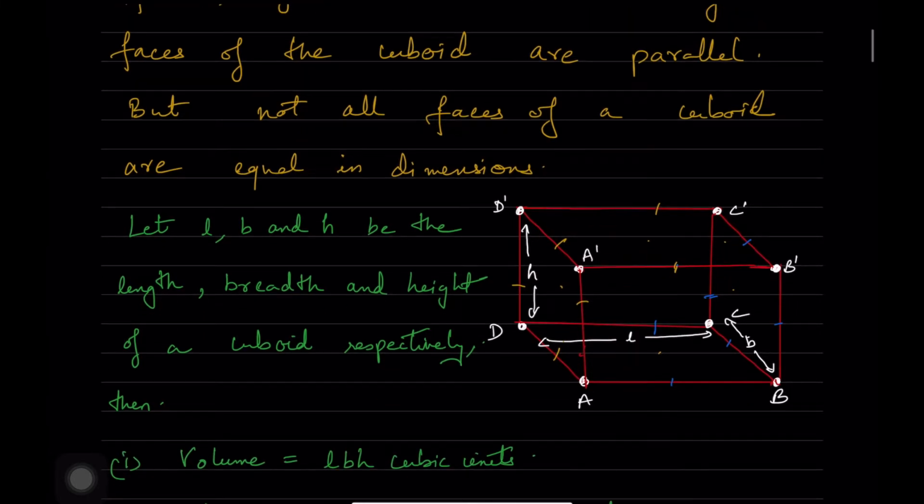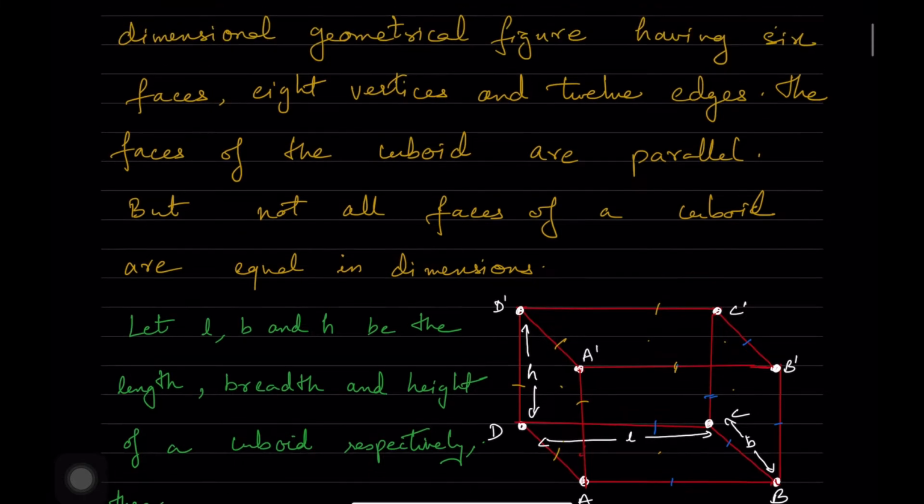So if you take a wall, or a room, you can see that they have 4 faces, and top and down, that is plus 2, you're getting totally 6 faces. Or if you take a matchbox also, you can see the 4 sides, 4 faces, and top and down is the other 2. So totally 6 faces it has.